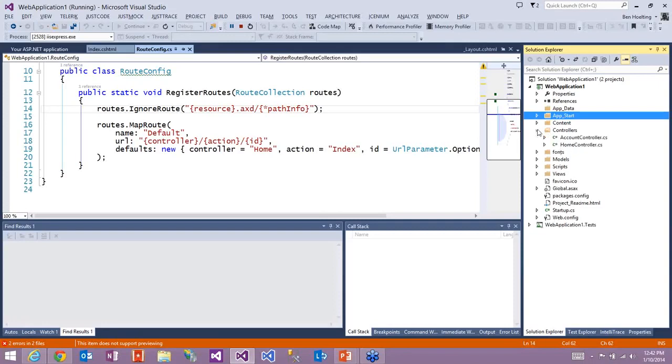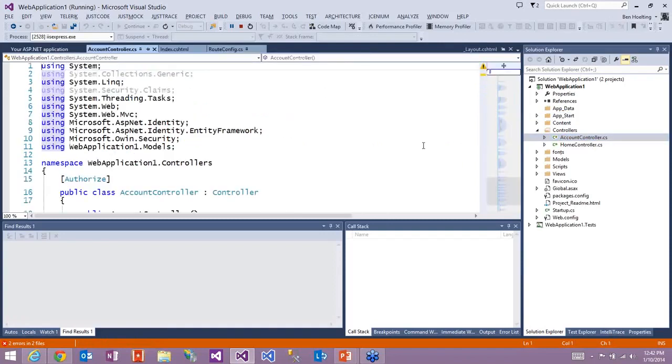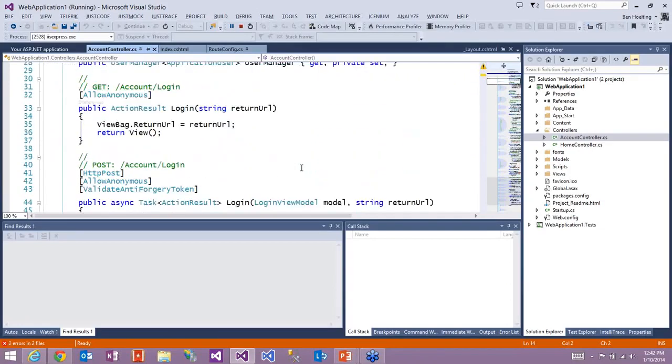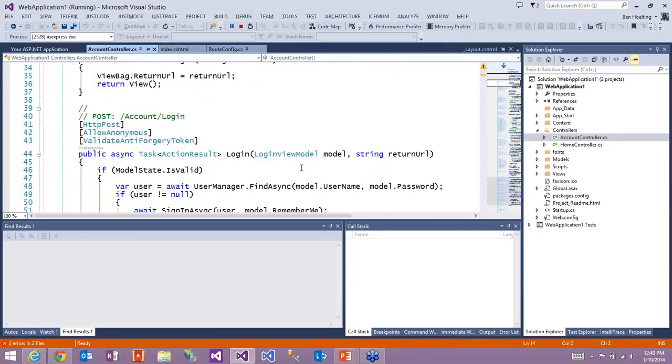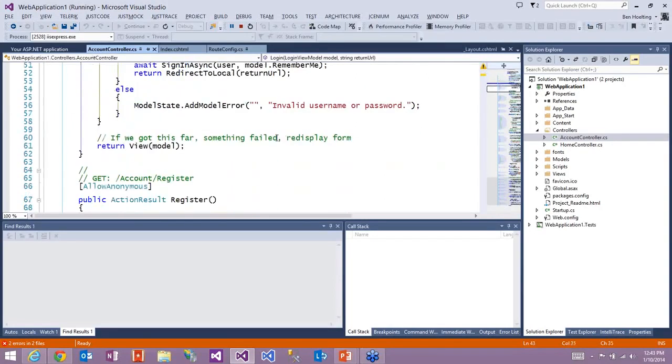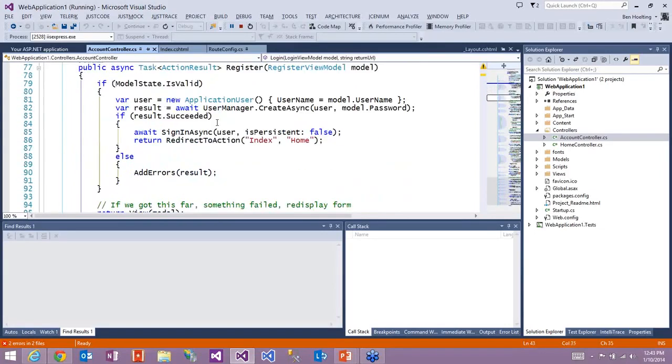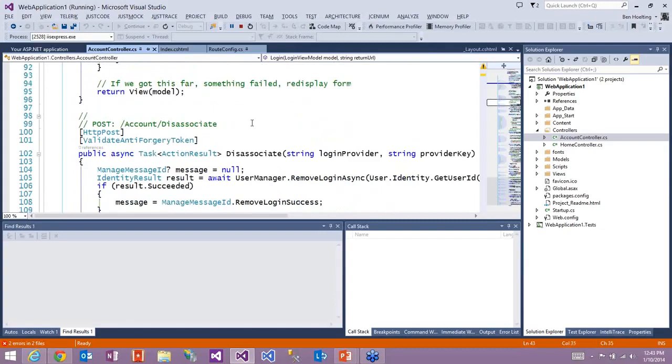Okay, so the first thing that I'd like to show you is some of the API stuff that has been added. So if you look at the account controller, remember when we picked our application and we set it all up, we said we wanted to be MVC and Web API. And so what it does by that is it gives some of these extra attributes in here for setting up